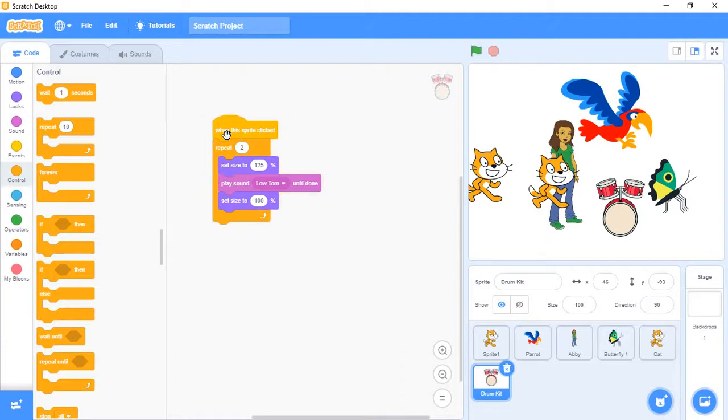This is about the grow and shrink option in Scratch.